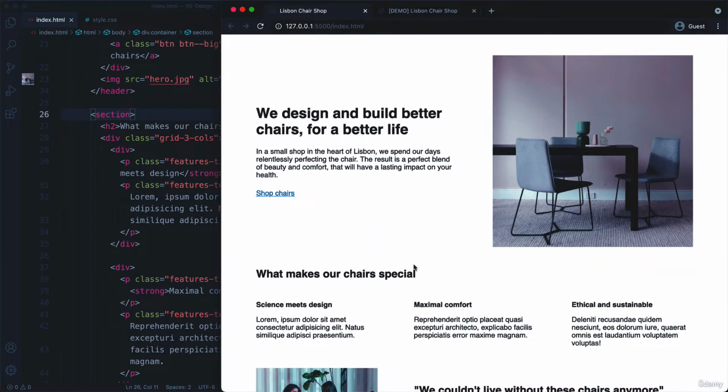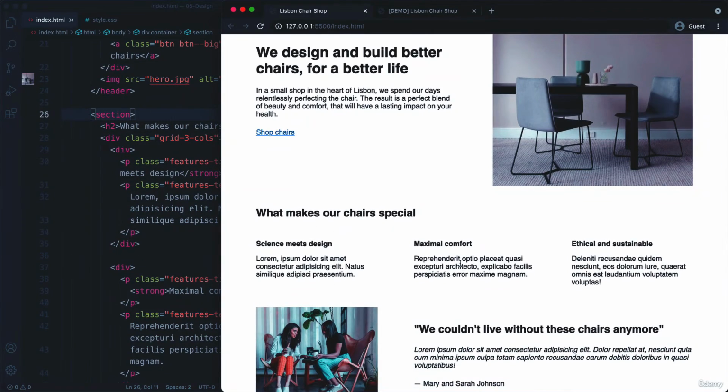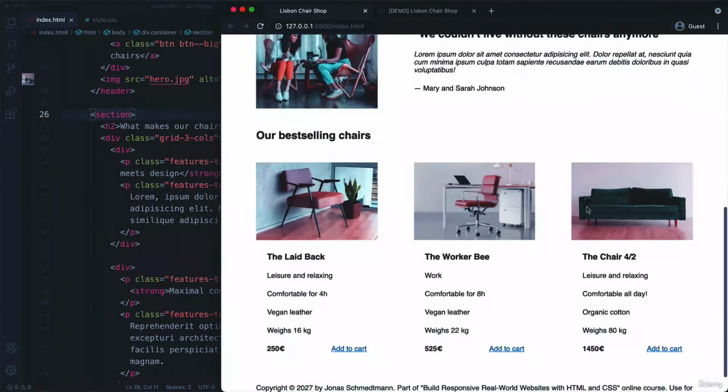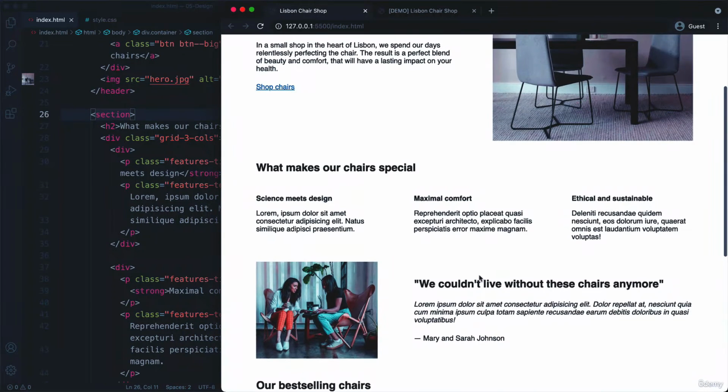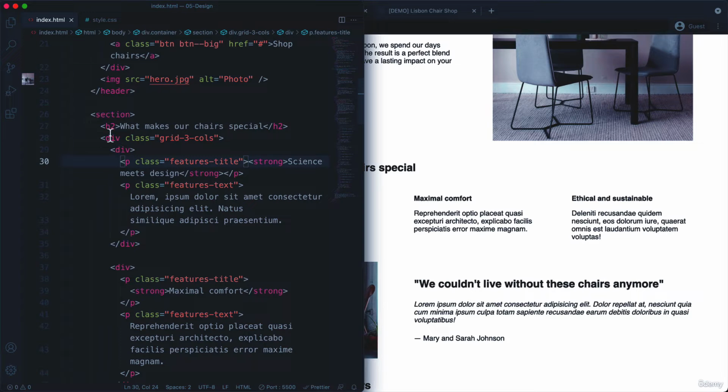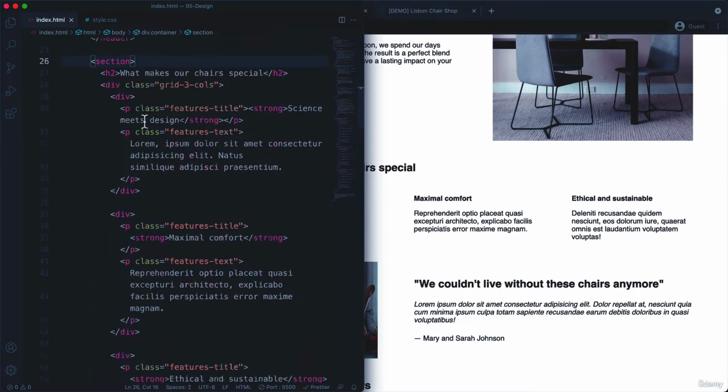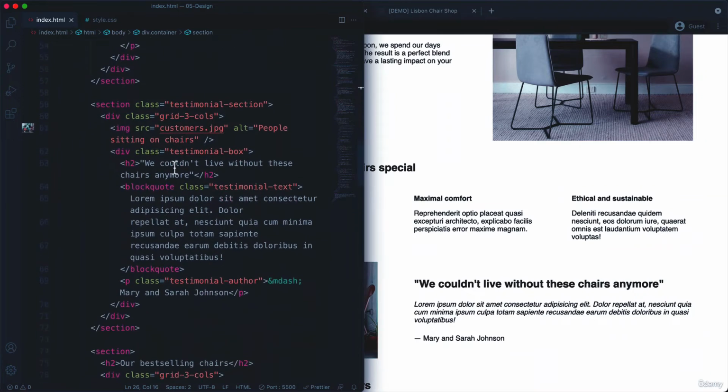So for example, this one here is going to be one section, then this one, and all of this here. So those are sections in a web page. And so we have an element in HTML, which is exactly called section. So once again, we could have used a generic div here, but div doesn't have any meaning and section does. So that's the better choice. Then another element that is important